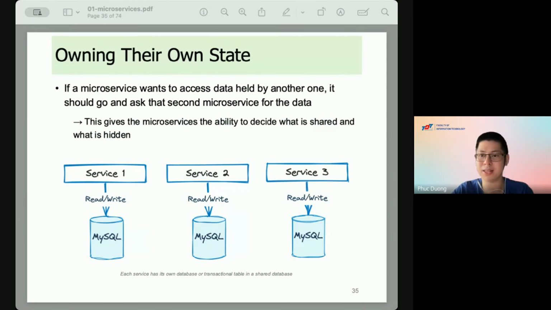In microservices, we avoid using a shared database for all microservices. Instead, each service will have its own DB. So you should remember the text that I sent in the chat box: microservices should avoid the use of shared DB.